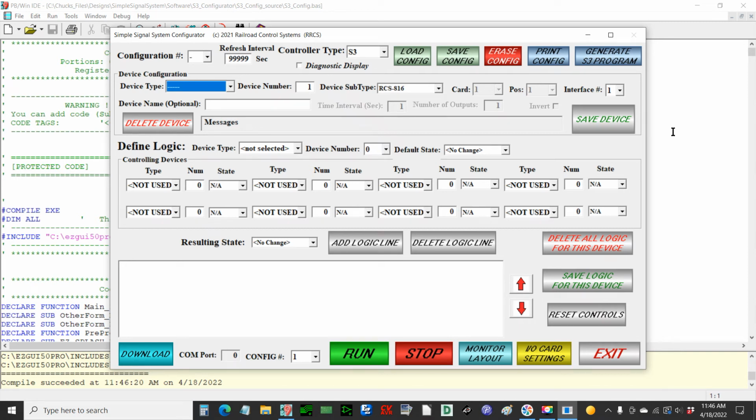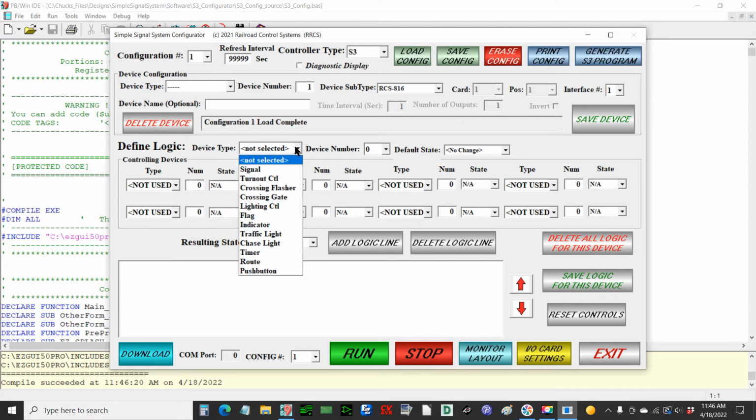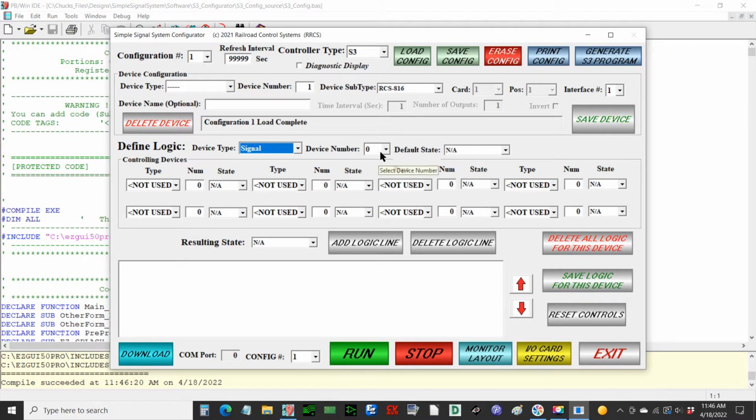In this video, we're going to explore an alternate way of doing the logic for our previous demo. So think of this as an extension to demo number 2. I'm going to reload the configuration from that demo, and I'm going to select the logic for signal number 1. And as you recall, it was fairly complex. What I'm going to show here is a way of really simplifying the logic based on the way that this